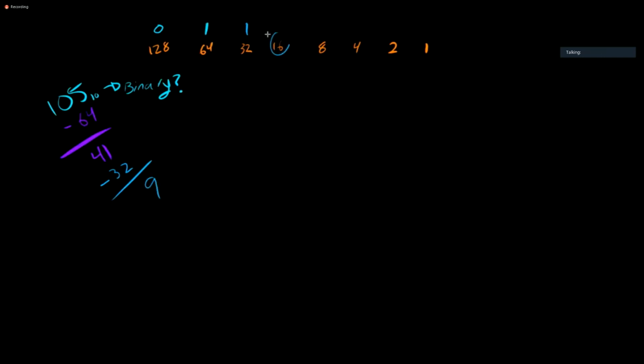Okay, does 16 fit into 9? No, so that must be a 0. Does 8 fit into 9? Yes, so that's going to become a 1, and I'll subtract 8, and I'm left with a 1. So obviously, 4 does not fit into 1, 2 does not fit into 1, of course 1 fits into 1, so there will be a 1 at the end, and boom, I am at 0 with some crooked sideways math as I like to do,